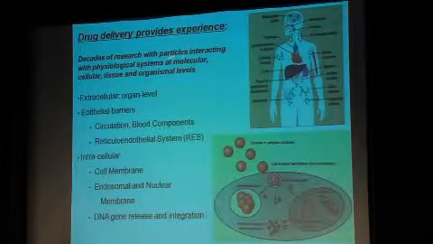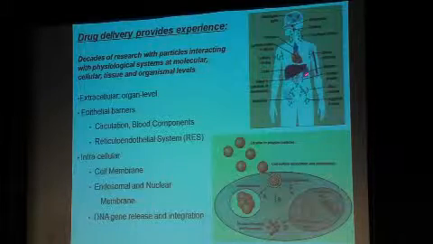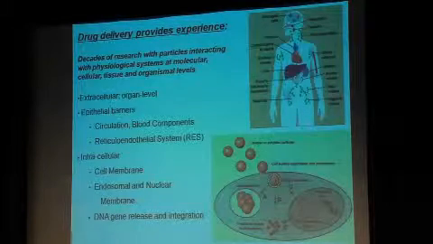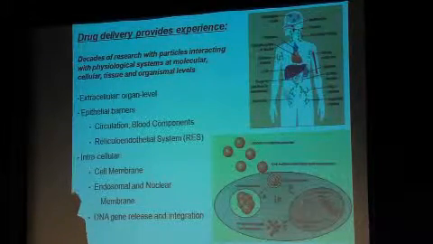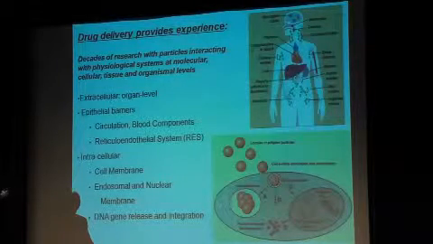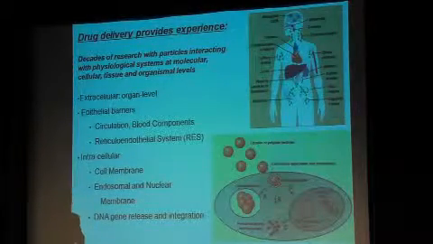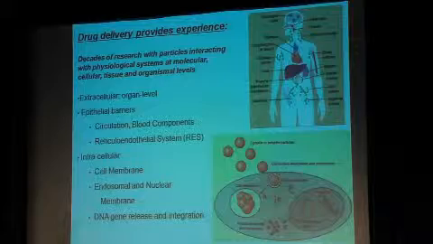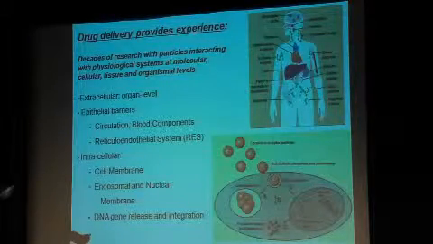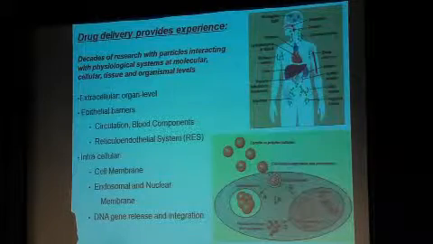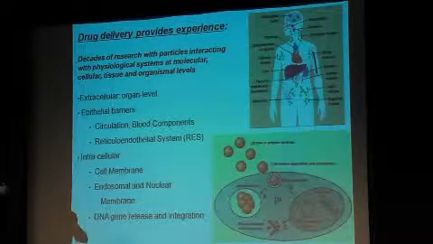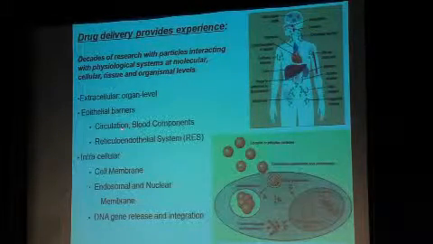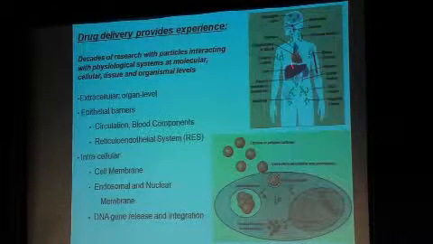So we've got decades of research of particles interacting at various organismal levels, and the take-home message is that there are certain organs that really like to sequester nanoparticles, and it doesn't seem to matter right now what the chemistry or physics of these particles is. There are certain organs that really like these particles, and other places where we can't get the particles to go no matter what we try to do. I think this has particular implications for how they're used in a therapeutic way, but it also has implications for how inadvertent exposure to nanoparticles might allow us to track those particles to known destination sites in the human body as well.